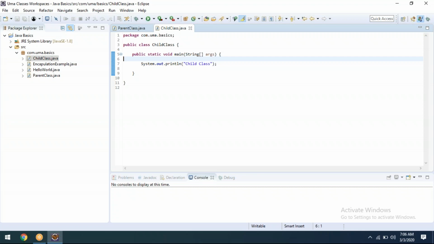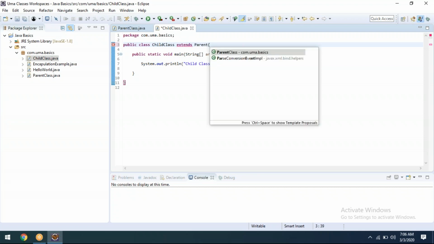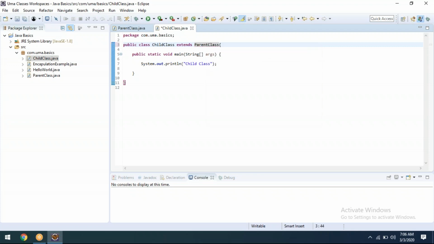Now, how to make the connection between two classes? By using the extends keyword, we make a connection between two classes. Here I'm going to create: child class extends parent class.